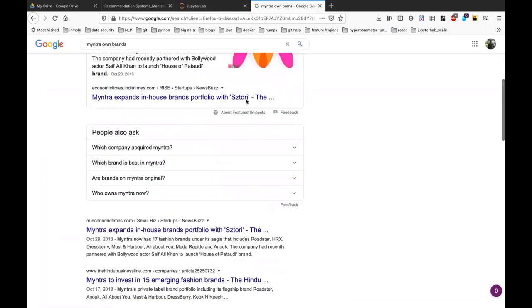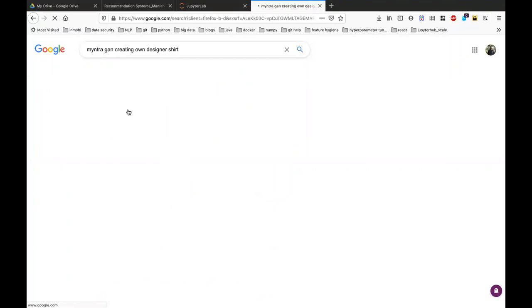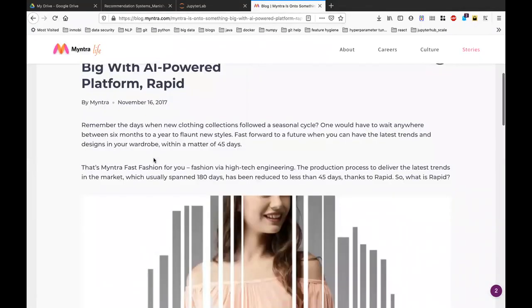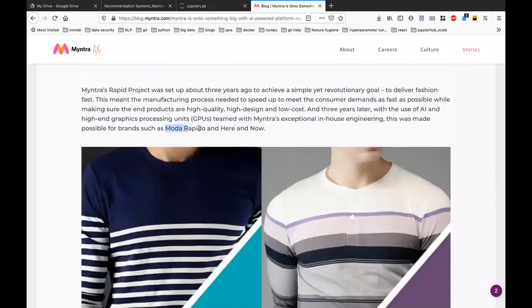Anyhow, I'll share it with you guys. Give it a read actually. I just wanted to look at what the brand name is. I think you guys also would have bought it actually. Yeah, I think Moda Rapido, right?